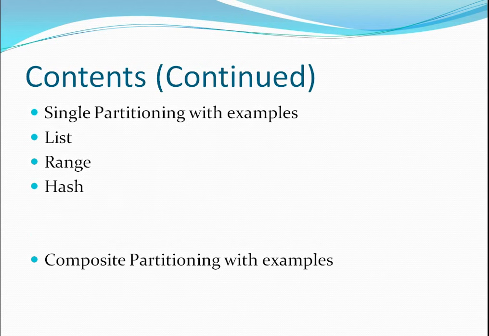Then I'm going to explain the different types of partitioning, the single partitioning and composite partitioning, and I'm going to again explain this with real examples from different domains. We have list partition, range partition, and hash partitioning strategy. These are the three strategies, and using these strategies with each other, we have something called composite partitioning. I'll explain in which cases this is relevant and that kind of stuff.